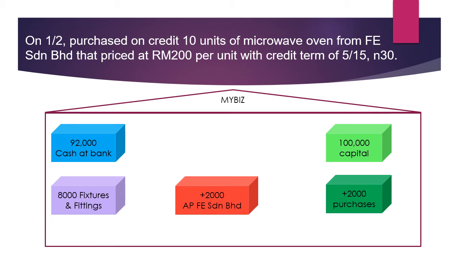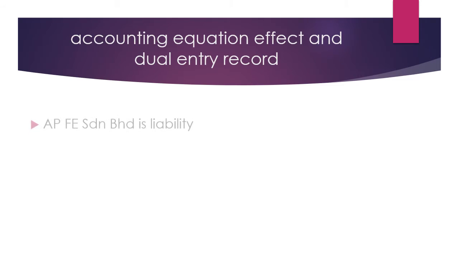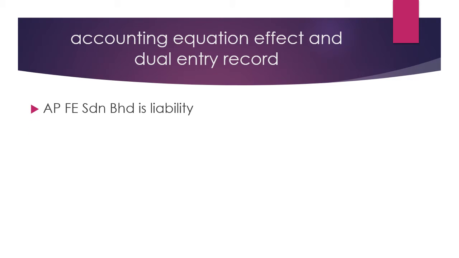So if you bought 10 items not for resale, that is not trading goods. So we assume the microwave oven is to be sold to the customer. So you will put all the 2,000 ringgit value of trading goods bought on credit recorded in the purchases account. So explaining the accounting equation effect and dual entry record, the account payable